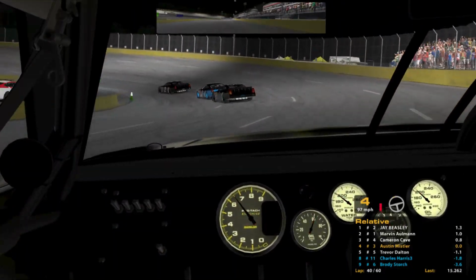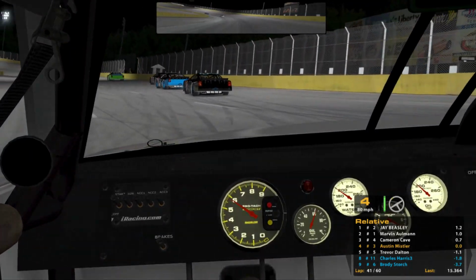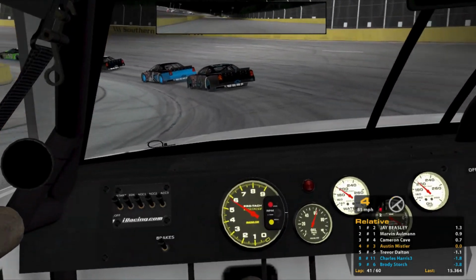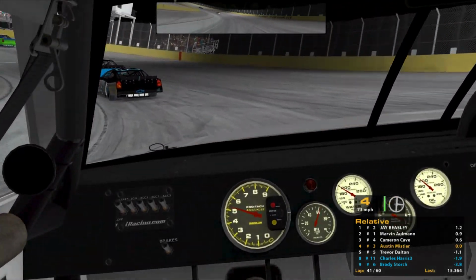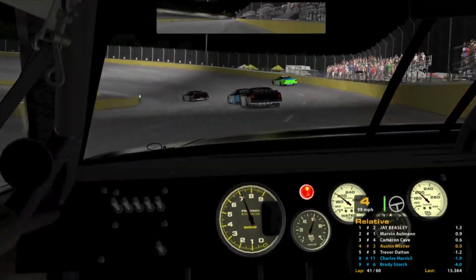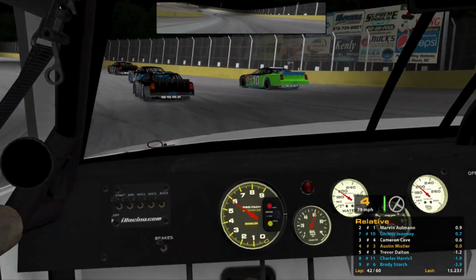20 laps left. 20 laps to go, man. This track goes by so quick, and you're doing so many laps, my eyes are starting to get cross-eyed. I don't know if you guys feel that when you play games or stuff like that, when you're doing repetitious things like this. Like when I used to play NASCAR games on PlayStation and stuff, my fingers started feeling...